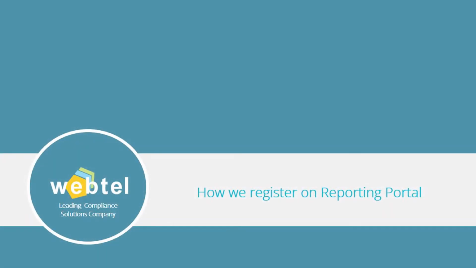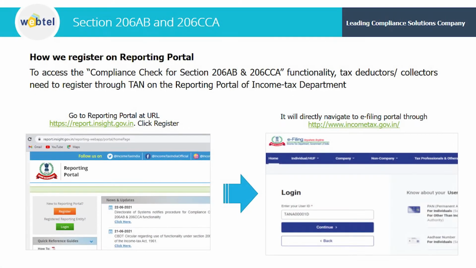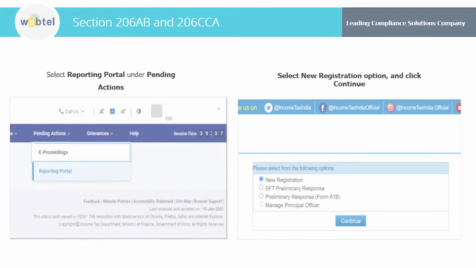So how do we register on the reporting portal? Let us see. You can see on the screen we have to go to the reporting portal. This address is given on the left hand side, as you can see. You can click on register. It will directly navigate you to the e-filing portal, that is incometax.gov.in, and here you will have to register your TAN. And once you log in to your portal, in your TAN login,